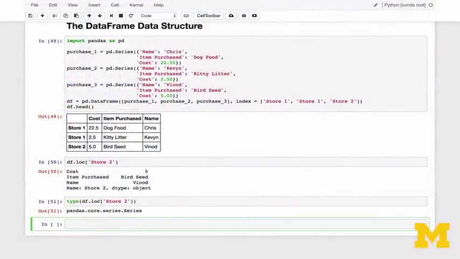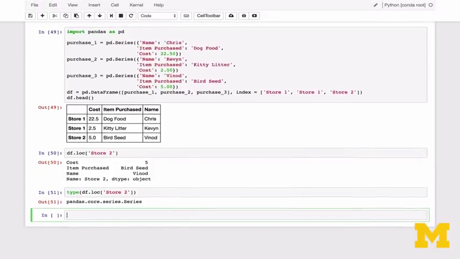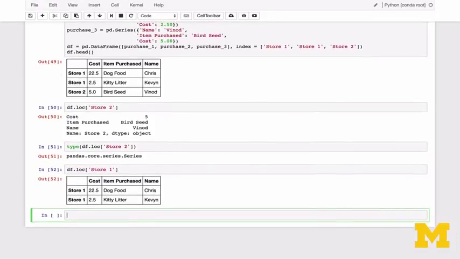It's important to remember that the indices and column names along either axes, horizontal or vertical, can be non-unique. For instance, in this example, we see 2 purchase records for store 1 as different rows. If we use a single value with the dataframe loc attribute, multiple rows of the dataframe are returned, not as a new series, but as a new dataframe. For instance, if we query for store 1 records, we see that Chris and Kevin both shop at the same